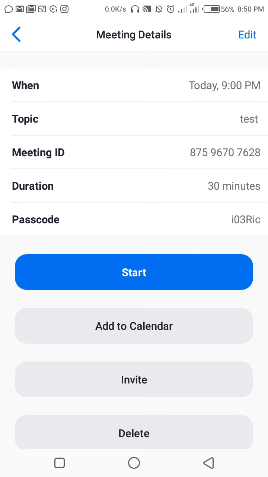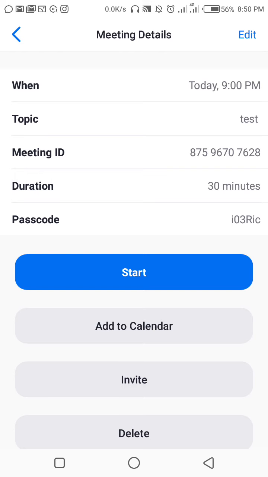Like I said, the interface is the same as the other one that I described earlier, only that on this one you only have 30 minutes allowance to do the meeting. After 30 minutes, Zoom is automatically going to cut you off. If you want to be able to stay longer than that, you will have to do the paid version. So after this one,